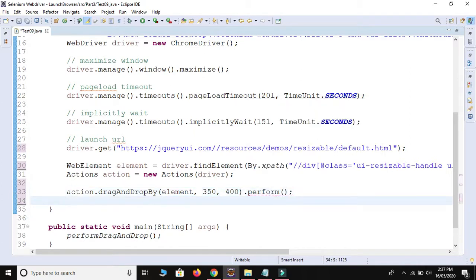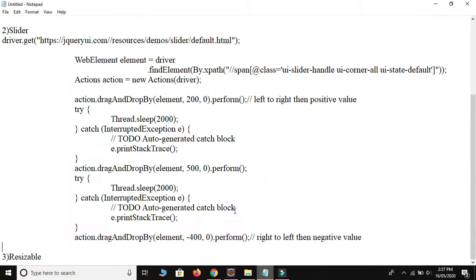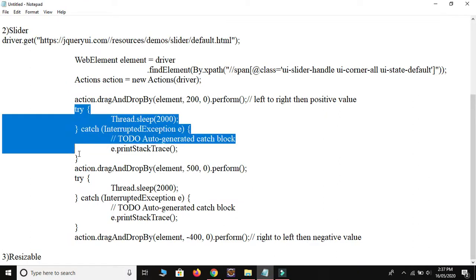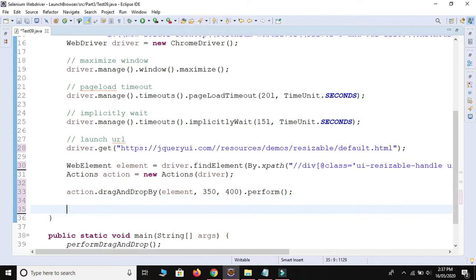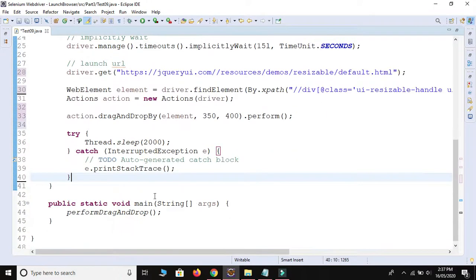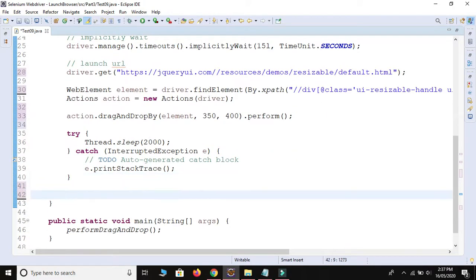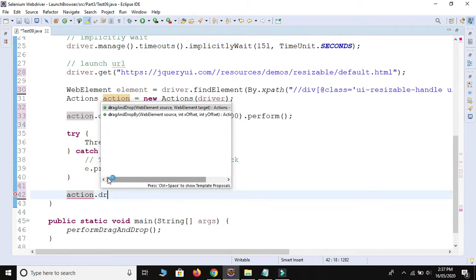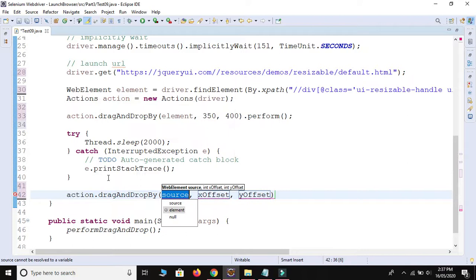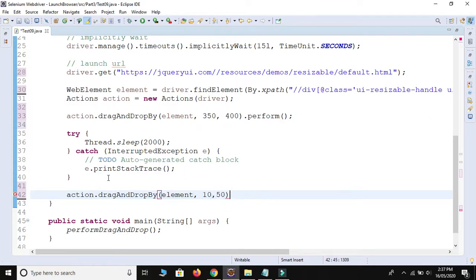Let me copy the wait, and after resizing wait for 2 seconds and again change the size. So we use dragAndDropBy again on the element. We use now 10 and 50, then perform.